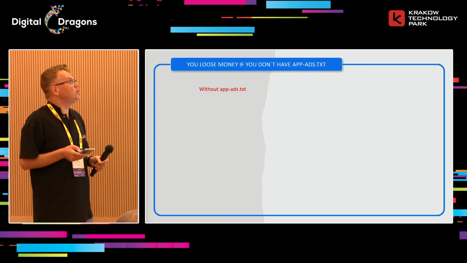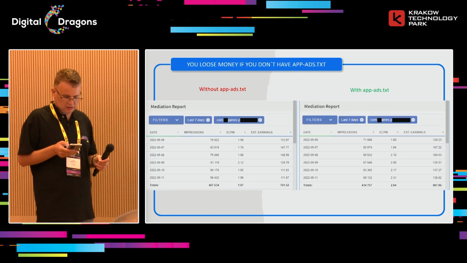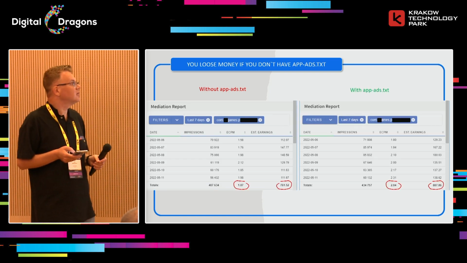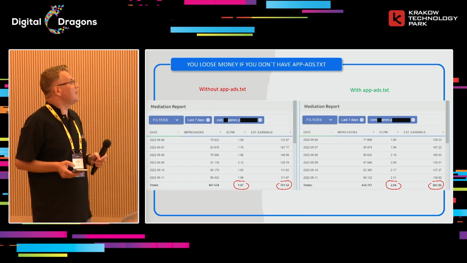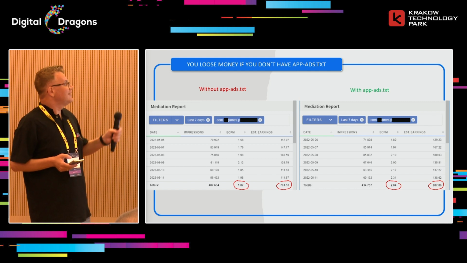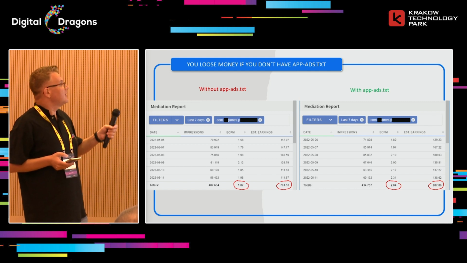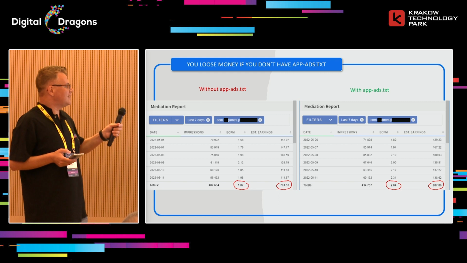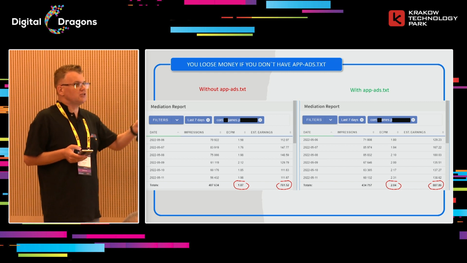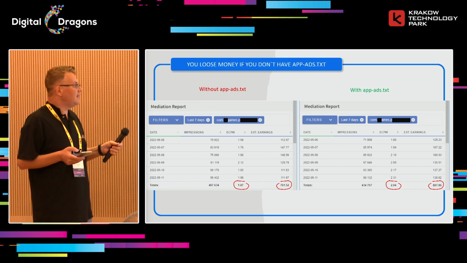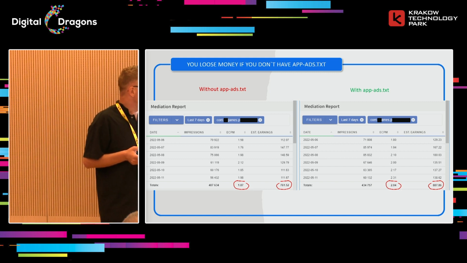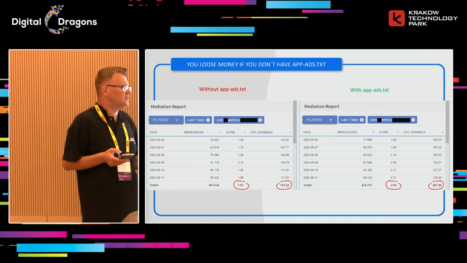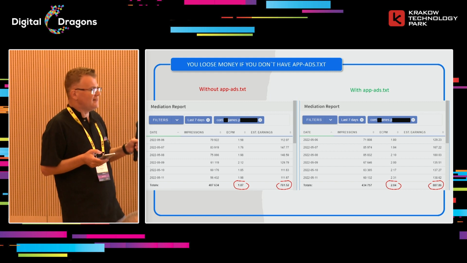Now we are moving on to making the choice of mediation. I forgot about app-ads.txt. Here we can see a sample: this is one app before and after integrating app-ads.txt. The number of users was actually the same, but we can see that eCPM grows significantly. We found growth of up to 10-12% only by adding ads.txt.